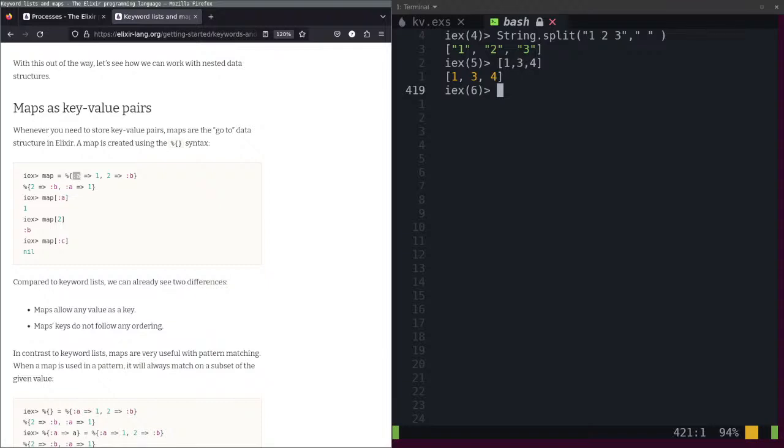Atoms are constants with a name that represents themselves. They are often used as keys in maps, labels in code, and to represent static values. Okay.